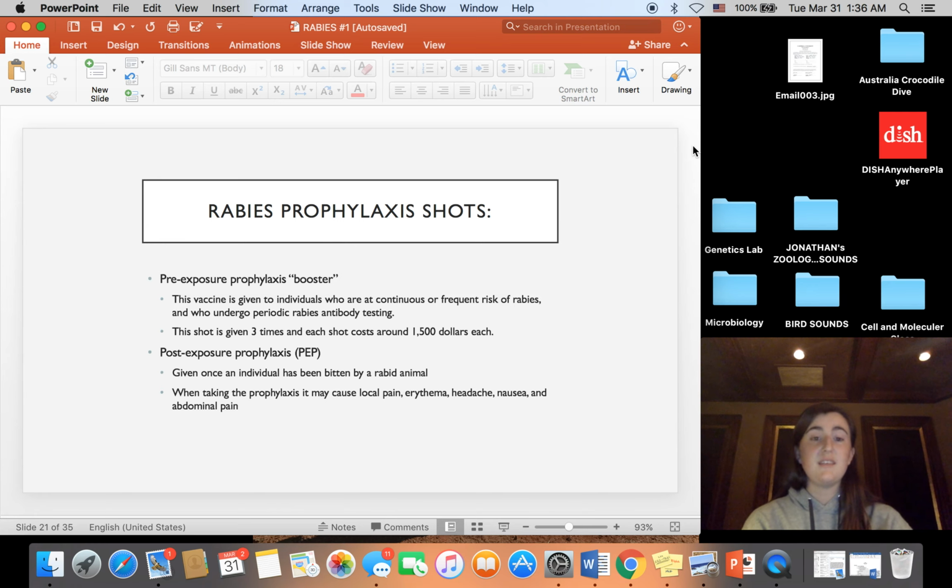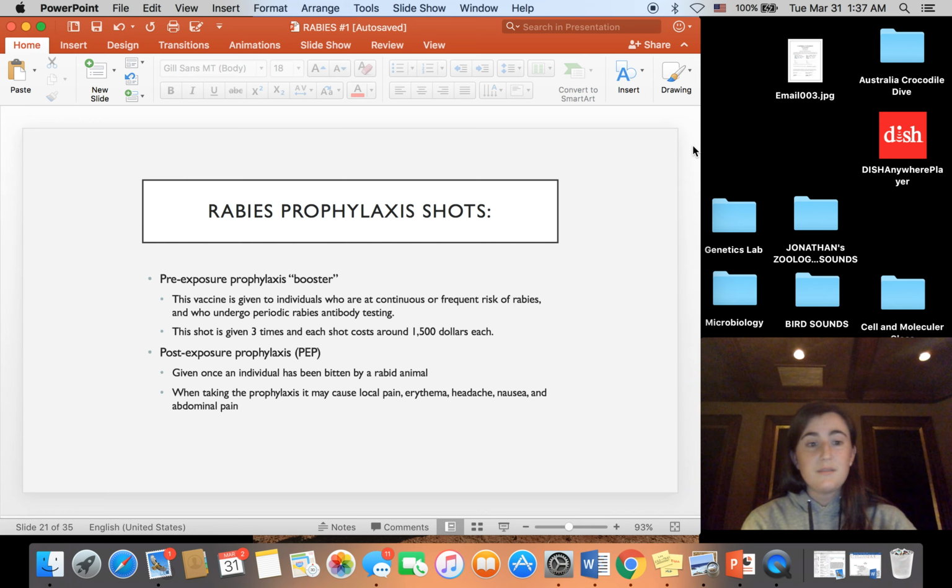This vaccine is given to individuals who are at a continuous or frequent risk of rabies and who undergo periodic rabies antibody testing. So if you know you are going to an area where you are going to spend a lot of time with animals that are probably infected with rabies, you might want to think about getting this pre-exposure prophylaxis shot. This shot is given 3 times, and each shot costs around